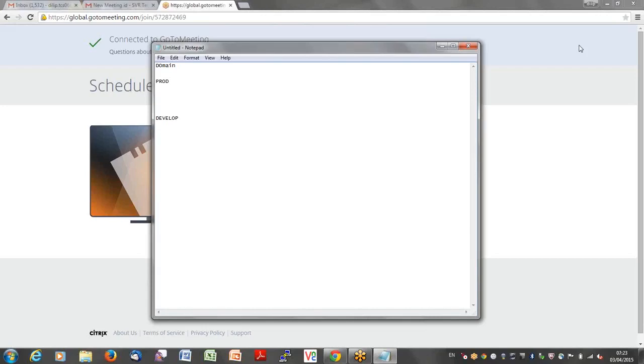The production domain is used in the production environment where your application runs 24/7, 365 days, on live applications.